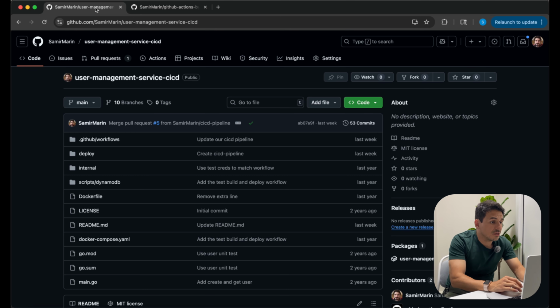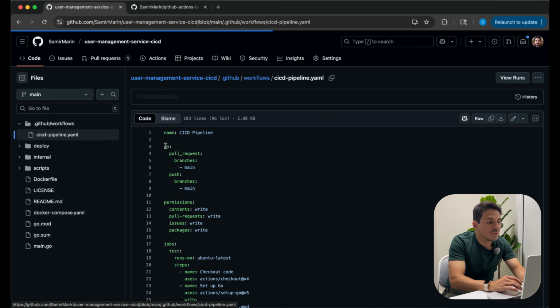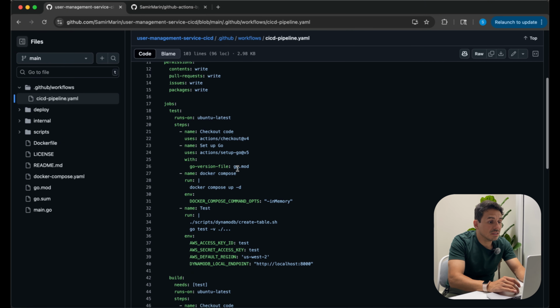So let's get started and let's quickly go over that CI/CD pipeline workflow we covered in the previous video. Okay, so I'm sitting here in the user management service CI/CD repository, which is the repository where we implemented the CI/CD pipeline workflow. If we head over to .github/workflows, we can find the CI/CD pipeline workflow. So this was the workflow we implemented in the previous video, and we're going to quickly go over what it